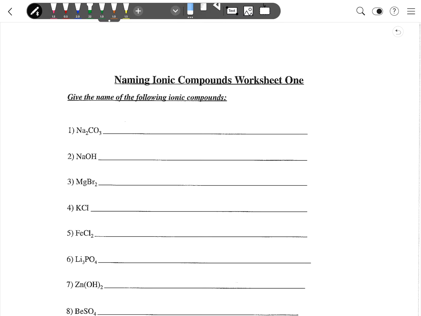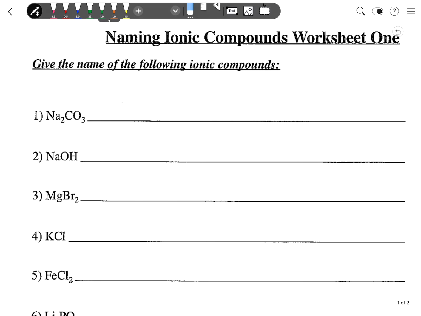Okay, this is Mr. J, and this is Naming Ionic Compounds Worksheet 1. So you are to give the name of the following ionic compounds. I'll do a few of these. You need your periodic table, that's for sure. You need your polyatomic ion chart,